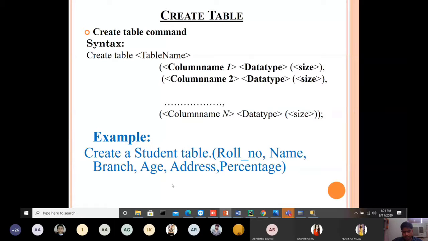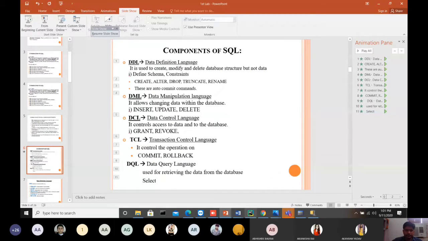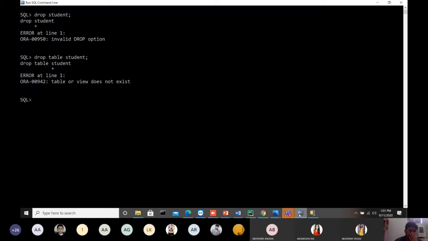So we move to the command prompt. See here, we are creating a table, that is student.